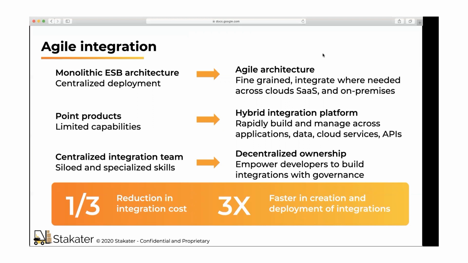But remember, as I mentioned before, it's not just about the technology. If you just start using Apache Camel with Kubernetes and Kafka, it will not automatically become an agile integration platform. Remember the things I talked about: people and processes. They are very important, along with governance and how this decentralized team will work.